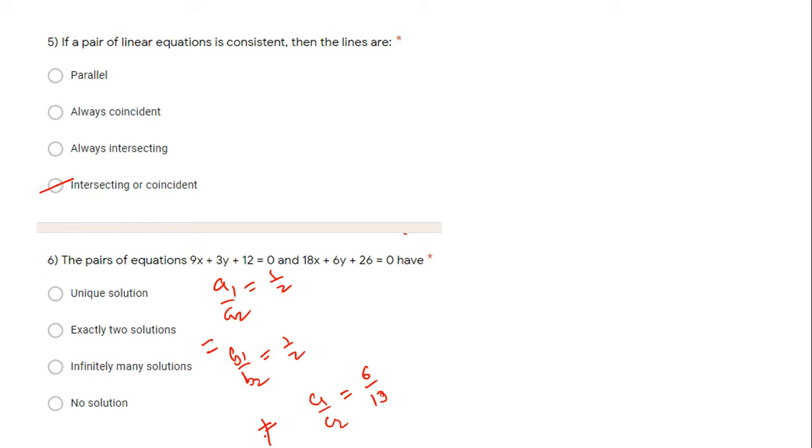Which kind of line is this, and which kind of solution will you get? Which line is this? If you know, then you should reply. Because again and again I cannot come on the meeting screen, time will be wasted. If you respond, then easily and fast we can complete all this. Tell me, a1 by a2 equal to b1 by b2 not equal to c1 by c2, which kind of lines are these?